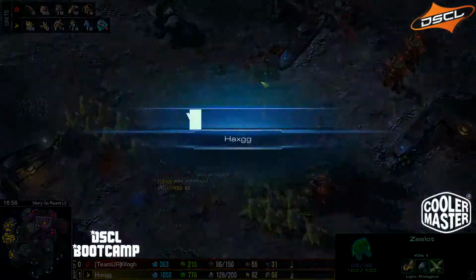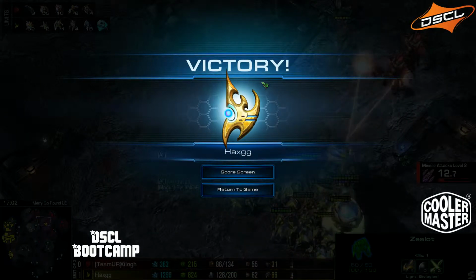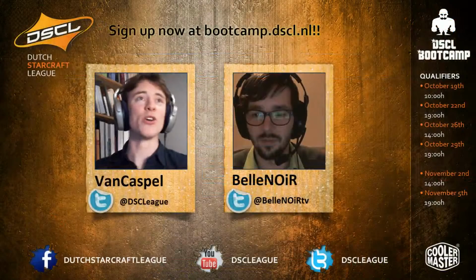There's the GG from Xilogh. So that's it. Haxgg wins his 2nd game in a row. That means he wins the match and advances to the round of 4. Yeah, the round of 4. I'm saying that right. That is pretty cool. So congratulations,